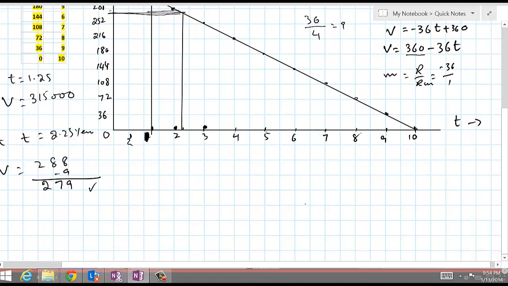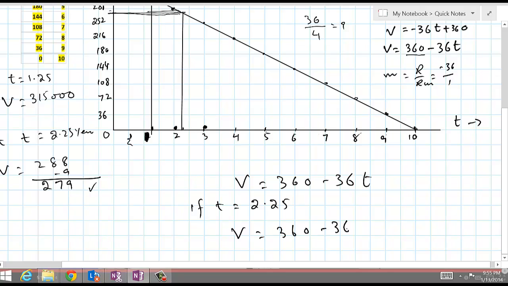We can check this value against both of these estimations. We can check against the equation. What is the equation? Equation is 360 minus 36t. So if t is equal to 2.25, then v is equal to 360 minus 36 times